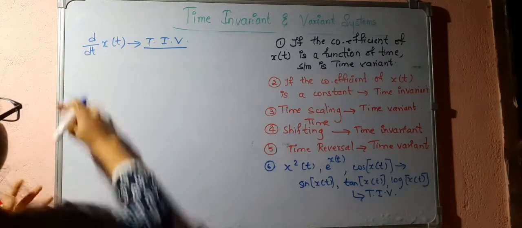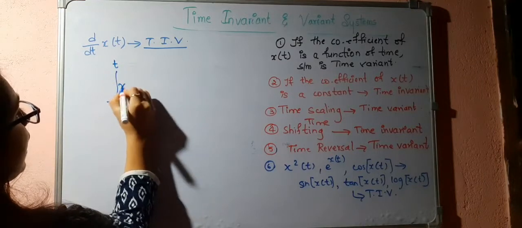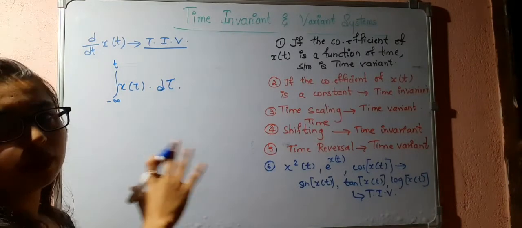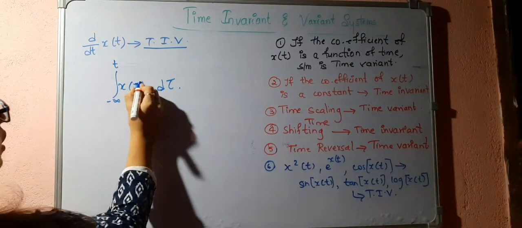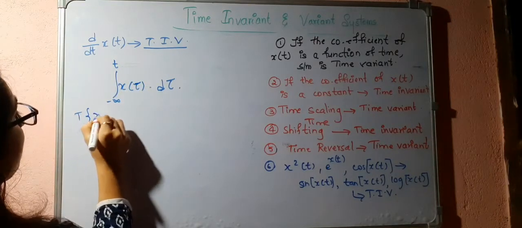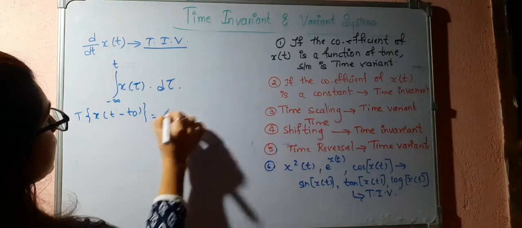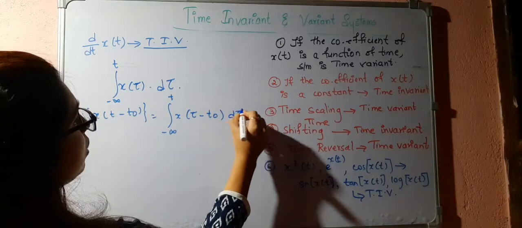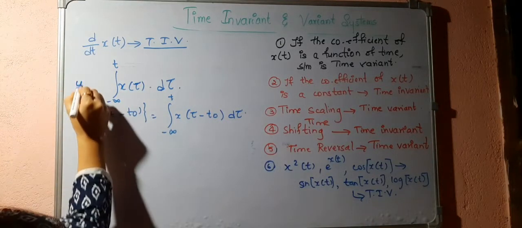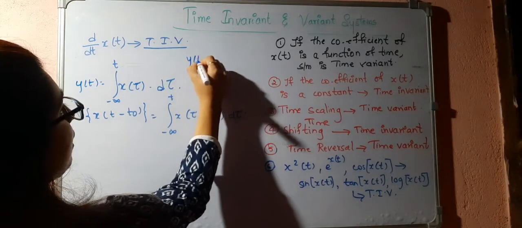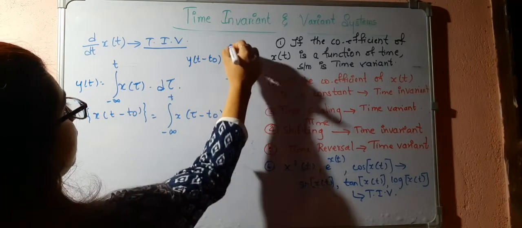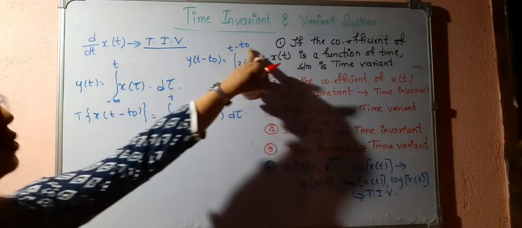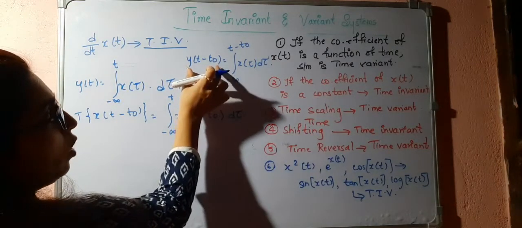So if I take the integration now, minus infinity to t of x of tau d tau. So many of us will be confused with this integration. So in that case, what I will do is first I will perform the operation on the signal. That is nothing but minus infinity to t of x of tau minus t naught d tau. But if I pass this output through the delay, then I will be getting y of t minus t naught, that is equal to minus infinity to t minus t naught of x of tau d tau. Okay, only t terms will be shifted, you know, right, when there is a delay in the output.